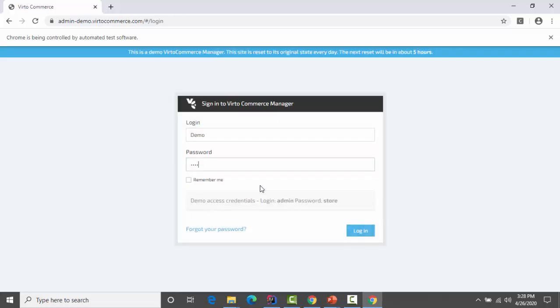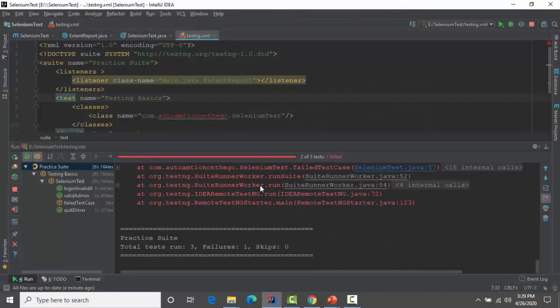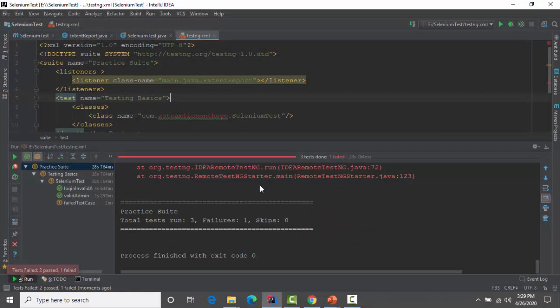So basically it will open our demo website, that is admin-demo.veritocommerce.com. It will first check for the invalid login password and then the valid login password. Okay, and I have just added one failed test.